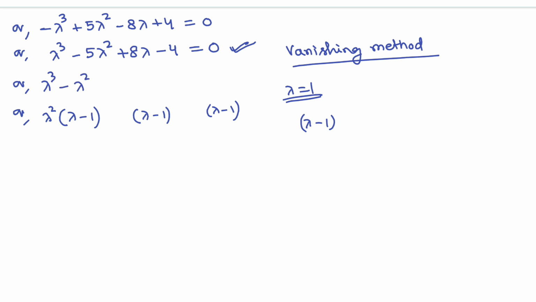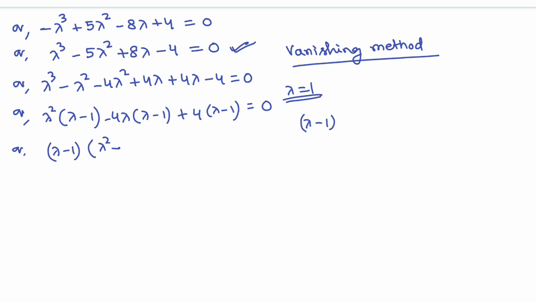We have minus 5 lambda square, so we need minus 4 lambda square, and minus minus plus 4 lambda, but we have 8 lambda, that means we need plus 4, so this will be plus 4 lambda minus 4 equals 0. So we are getting (lambda minus 1) into (lambda square minus 4 lambda plus 4) equals 0,